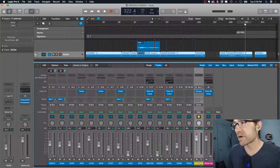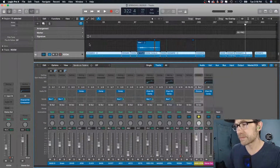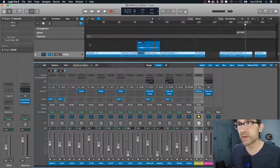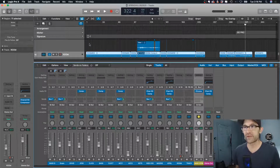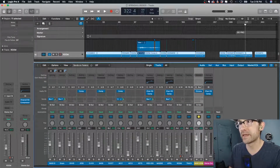The main reverb that I put on here, I put on a bus, and it's a large room. I messed around with a couple others, and this just seemed to be the brightest one. I did notice that my overall mix was kind of dark when I tried a chamber and some different things. So you're going to have to find the reverb that sounds good for your room and for your people. But what I did was run this on a bus, and then I sent,